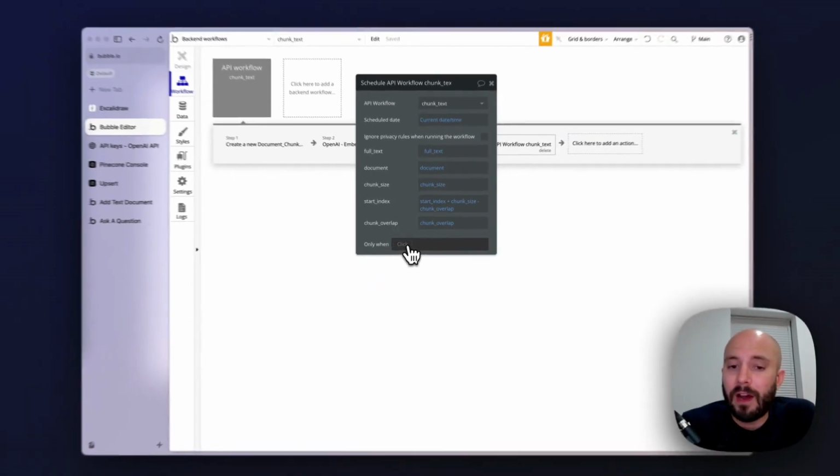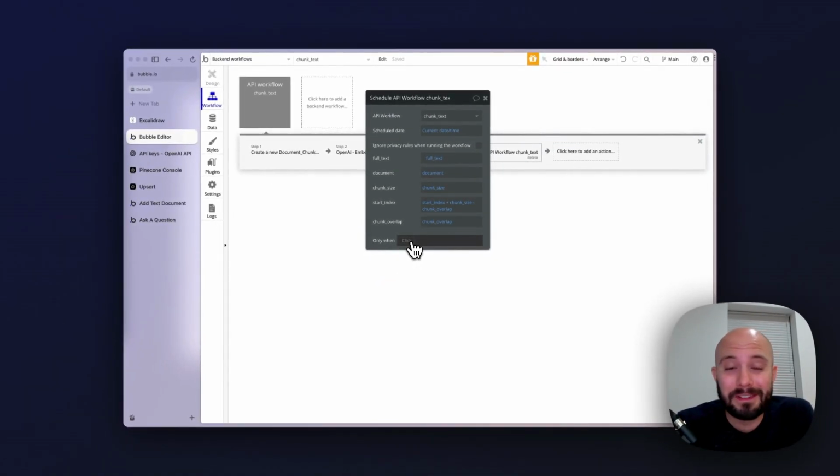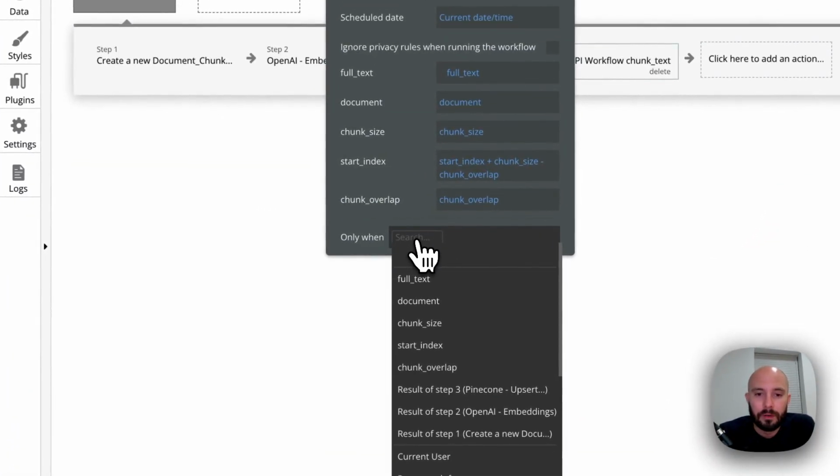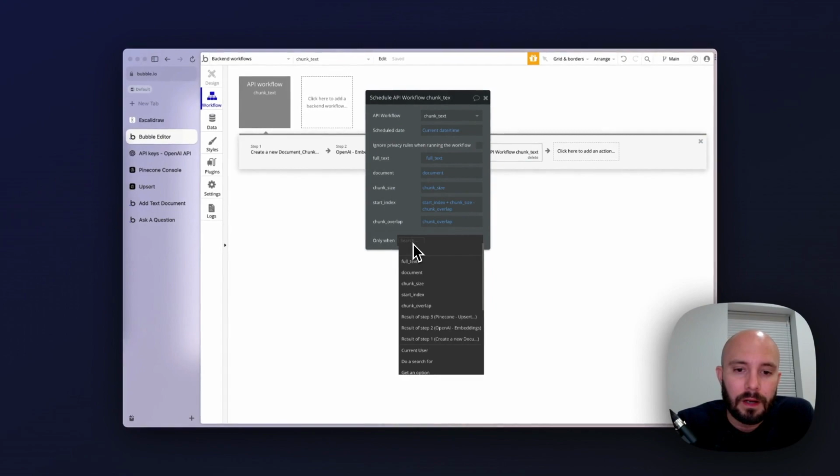Sweet. And the final thing that we need to do is make sure that this doesn't run for infinity, to keep going and going and going. So basically we are going to go in only when the chunk start index